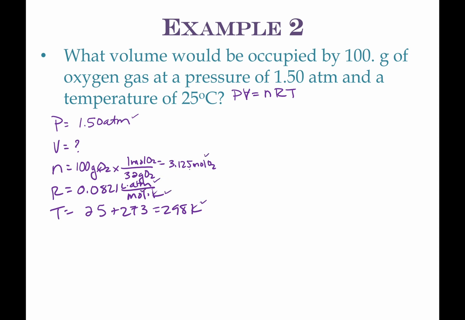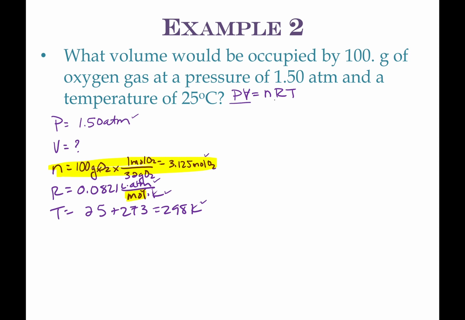So if you didn't convert this from grams to moles, you would notice when you check the units here and see that they don't cancel. That's when you'll know that you have a problem. So it's good to check your units. It's usually easier at this point to change the units of the individual variable than it is to change the units of R, but that is up to you.